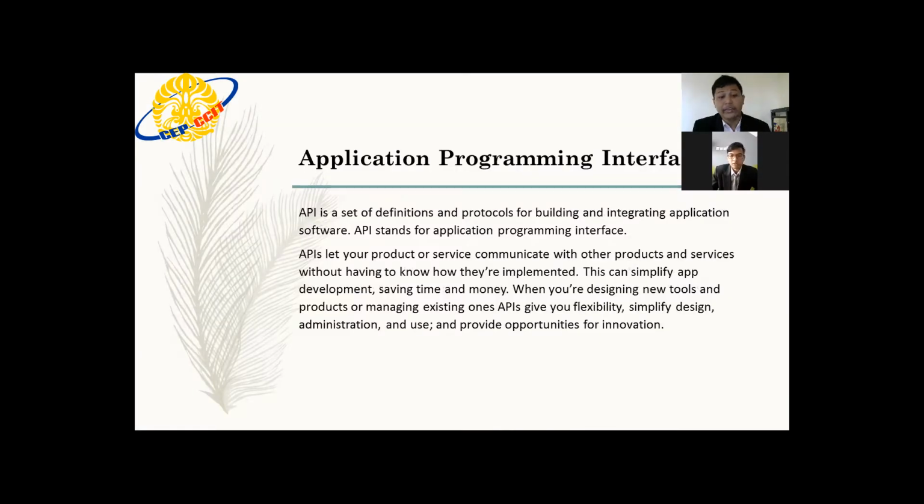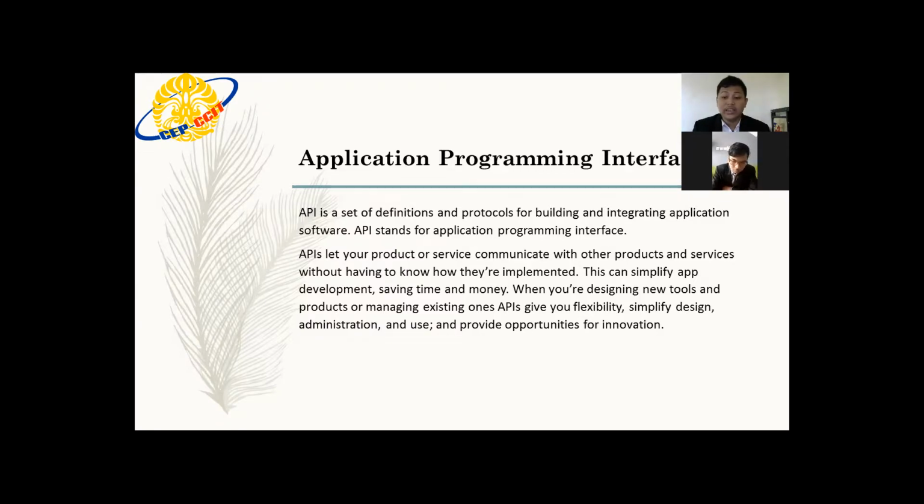And next is application programming interface, or API. API is a set of definitions and protocols for building and integrating application software. APIs let your product or service communicate with other products and services without having to know how they are implemented.